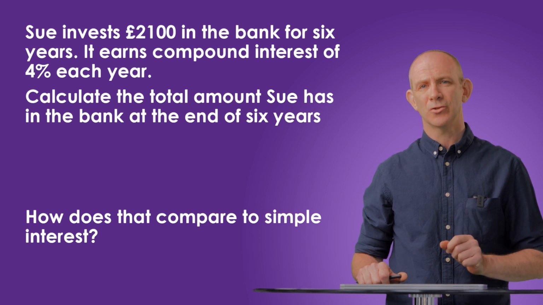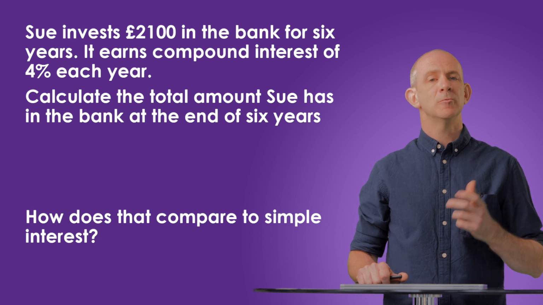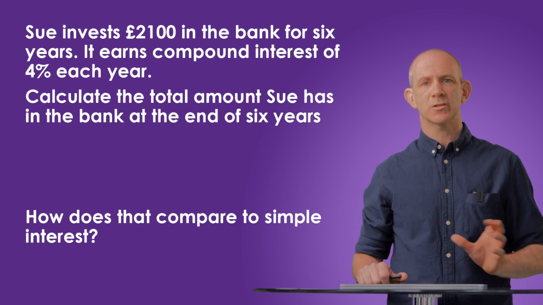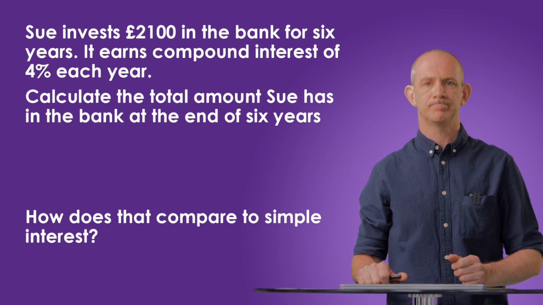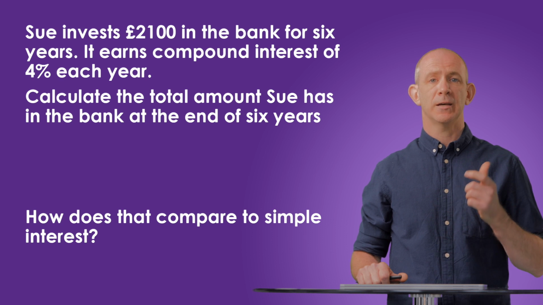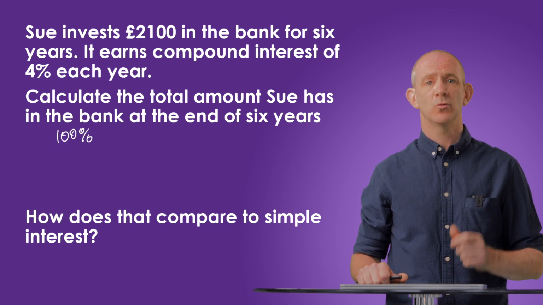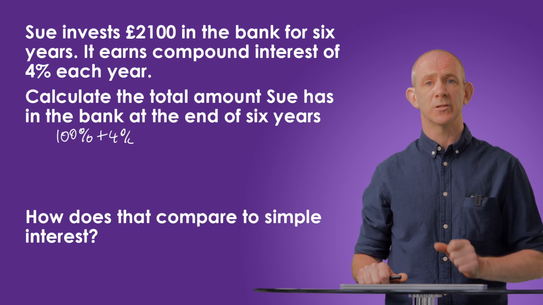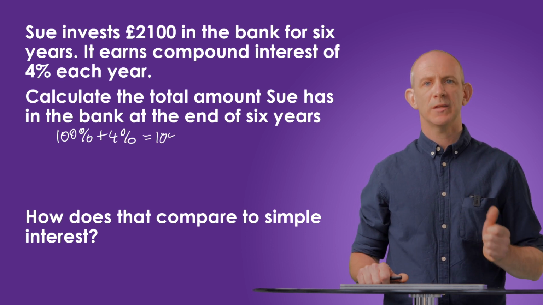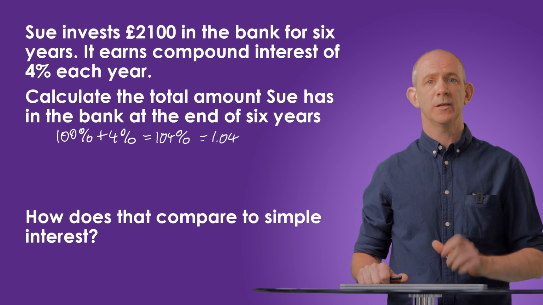Most financial institutions will only use the compound interest model in order to calculate this. But often, in GCSE, we're asked to compare the two different models of growth. Firstly, we want to create the multiplier. As it's an interest question, we're going to add the 4% to 100%, which is 104%, or 1.04 as a decimal. We can then calculate the first year by multiplying 2,100 by 1.04 to get the total at the end